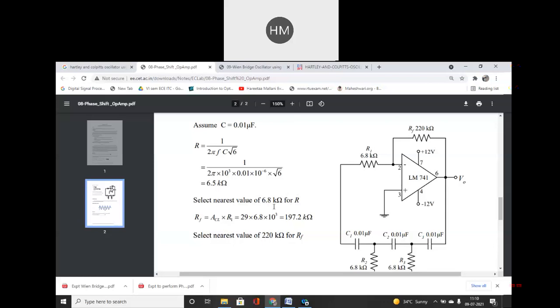Now whenever we are doing simulation, we can select any value of resistance, but practically, when we are designing circuits on hardware, we need the standard values. I can get a value near about 0.9 kilo ohms, okay, 900 ohms. But practically, when I approach the market to buy these resistors and capacitors, I have to move